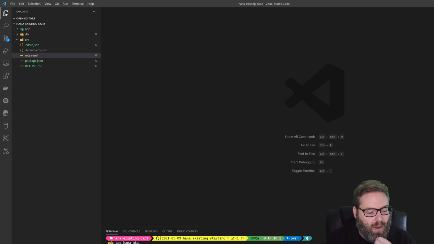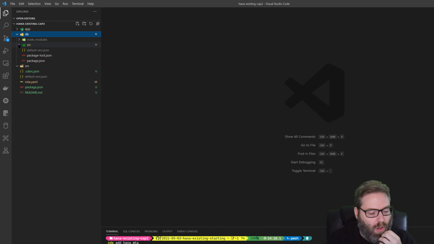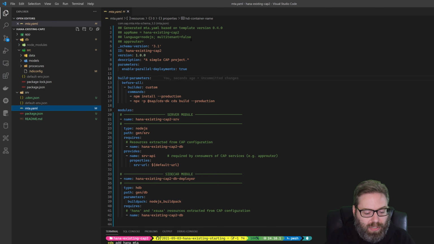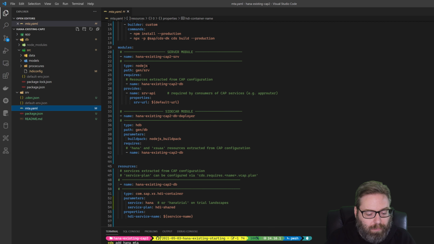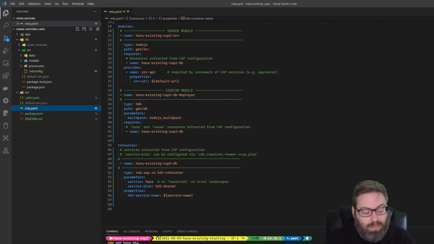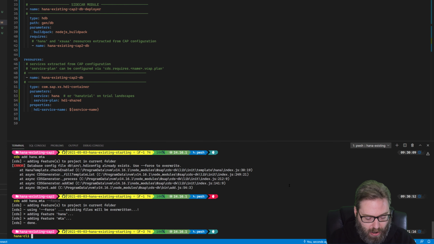So it kept our database folder the way it was. So all of our original content is still in there. But what it did do is overwrite our MTA YAML. So it added the Node.js module to our MTA YAML. That's good. It overwrote the database module. But the main thing that we want to do here is, if you remember,